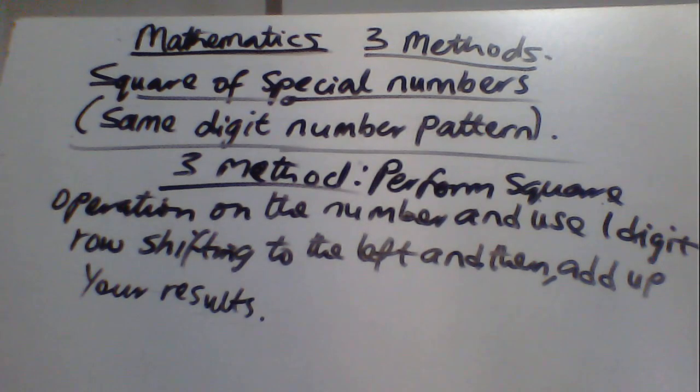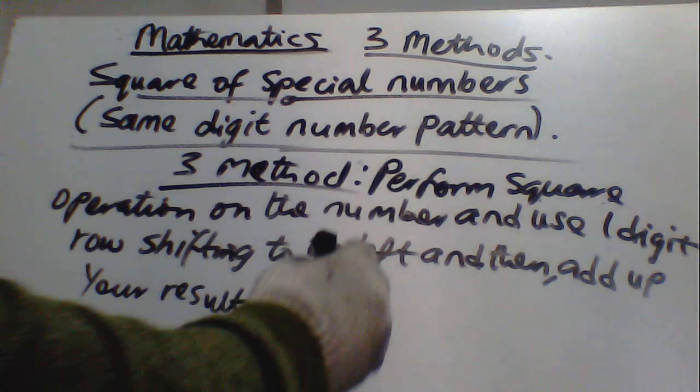So what is this method all about? The method is just to perform the square operation on the given number, and then use one digit row shifting to the left and add up the result. For example, if you are given 44 squared,